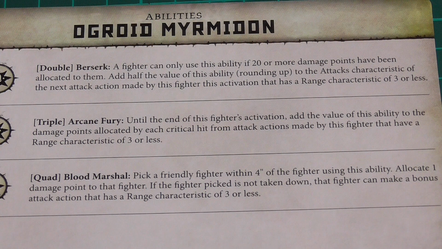Pick a friendly fighter within range 4 of the fighter using this ability. Allocate 1 point of damage to that fighter if the fighter picked is not taken out, because why would you pick your own fighter to get destroyed? I don't know, but still. That fighter can make a bonus attack action that has a range characteristic of 3 or less. So I get why you could do that,